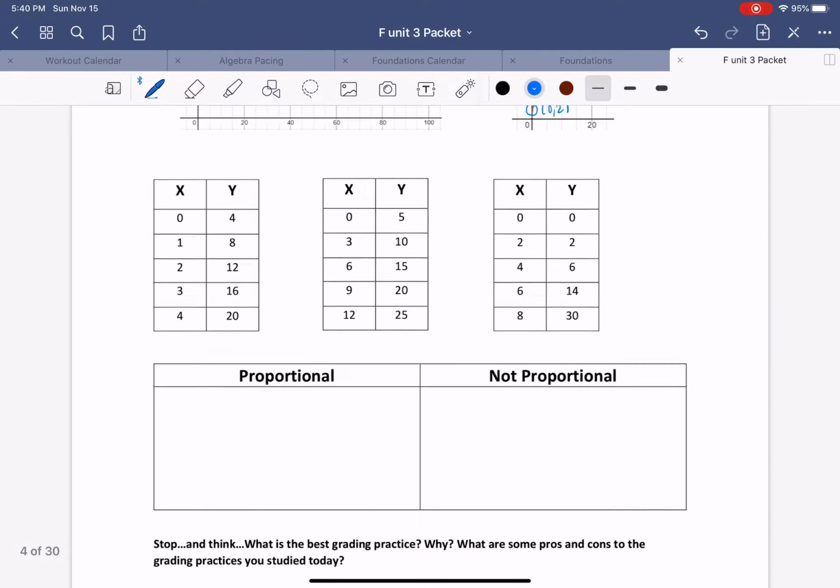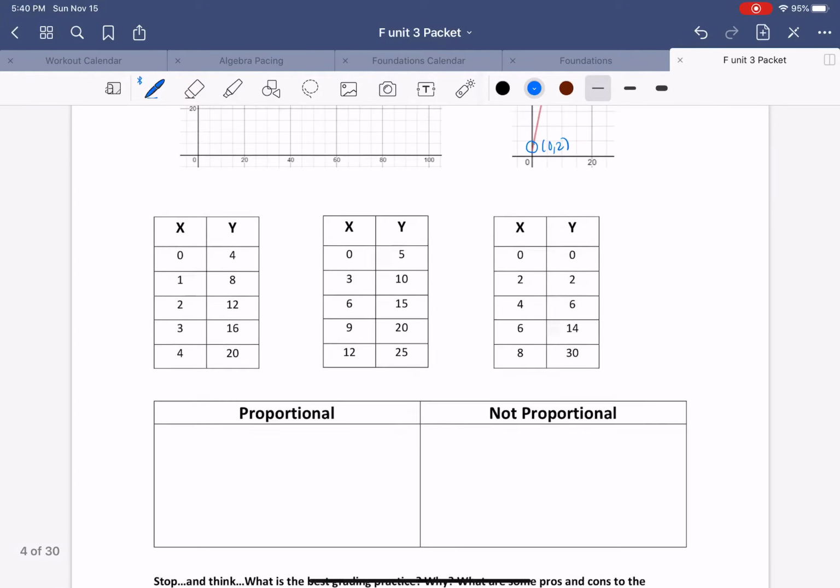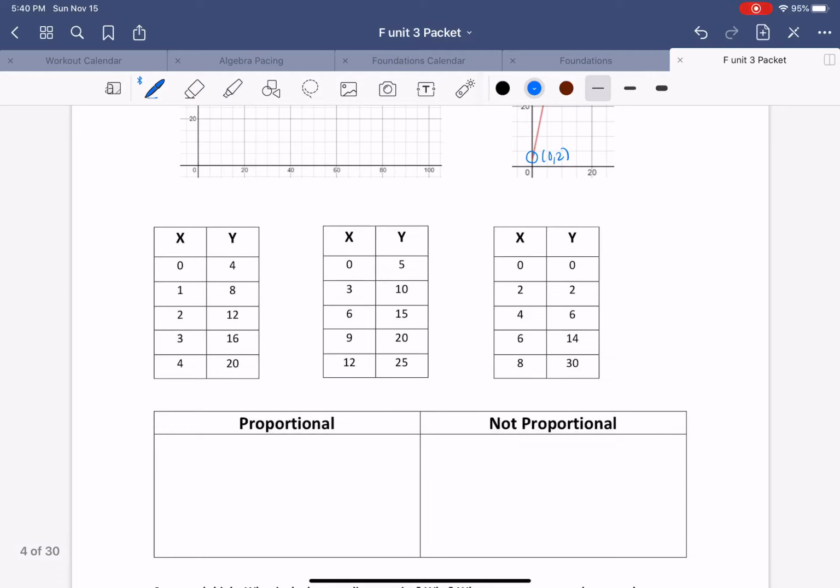Okay, let's look at some tables that are not proportional. So if I look at the first table, it's going up by 4, so it's a constant rate, but it doesn't start at the origin. So again, that's like giving students bonus points. Here we're going up by 5s, which is a straight line, but it doesn't start at the origin. This one does start at the origin, but I'm adding 2, then adding 4, then adding 8, so that is